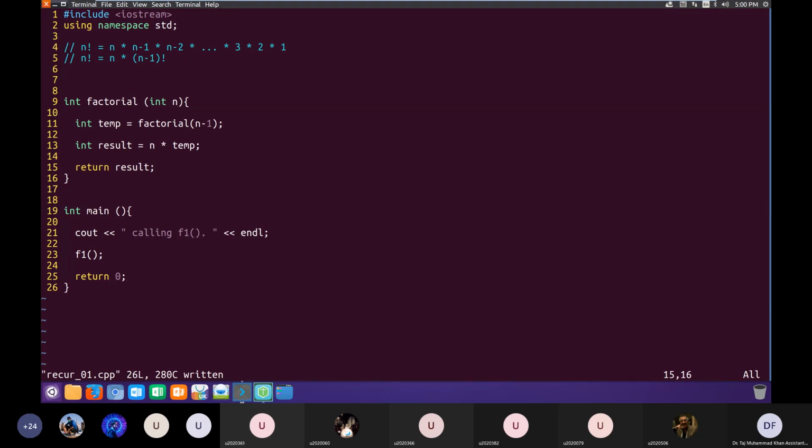Now this is a recursive function call, because factorial is calling itself. So it will continue indefinitely. If it is to continue indefinitely, then that is wrong for us, because calculating a factorial is not an infinite process. Calculating a factorial is a finite process. So we have to control this recursion in such a way that ultimately, when you see